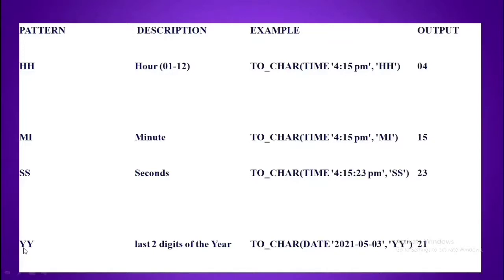Next, year. The last 2 digits of the year. The example is to_char of date 2021, the month is 5th month and the day is 3. The year is displayed in 2 digits only, the last 2 digits. 21 is displayed in the output. Okay, this is the example table.